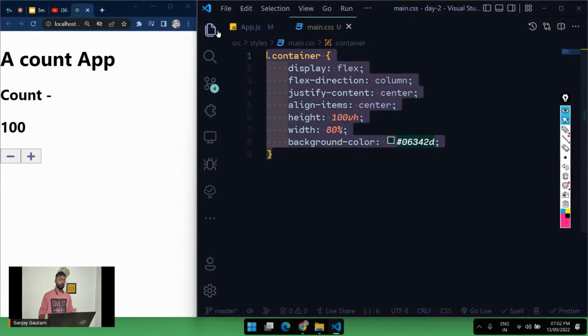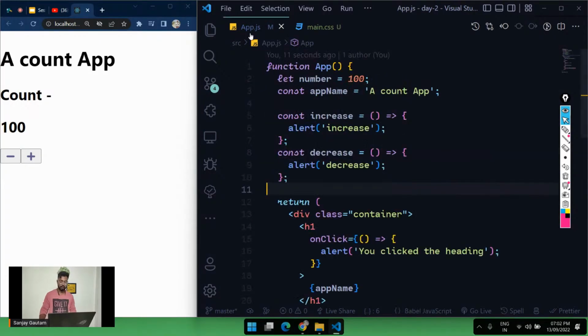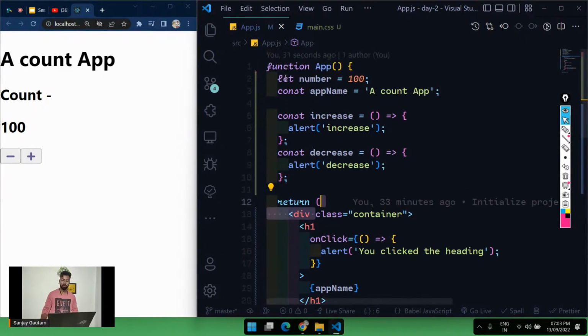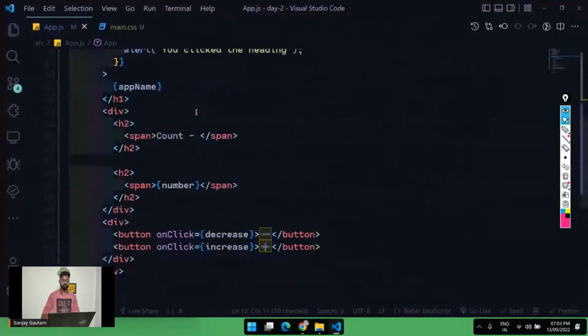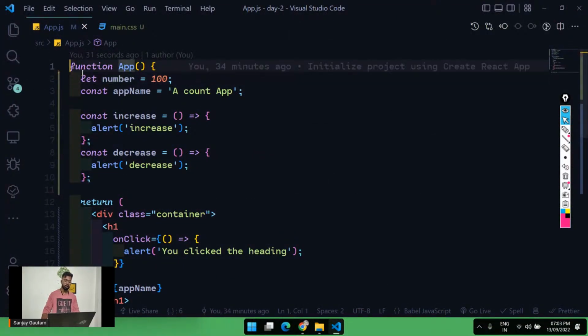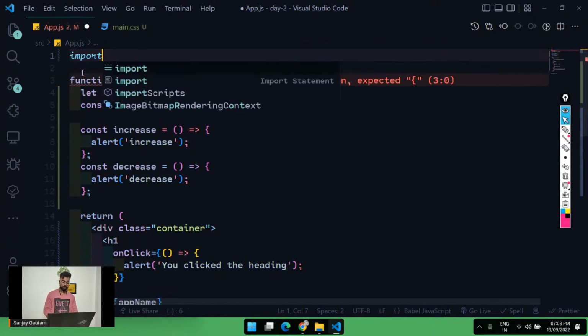After creating a new file and adding some classes, whatever style you want to do, you have to mention the class here. By the way, the rest of the things are the same as doing regular CSS. So CSS is the same, you don't have to learn CSS from scratch again. What you have to do is import your CSS file here. Inside this app.js, go to the very top and type import,